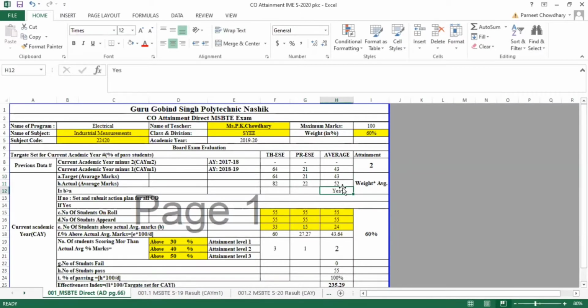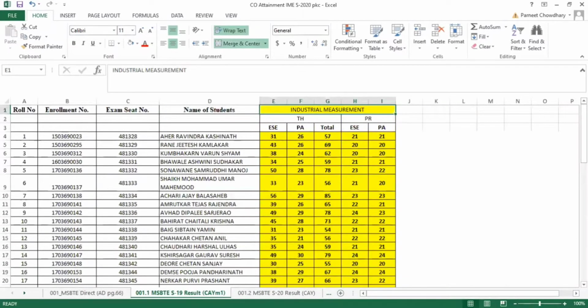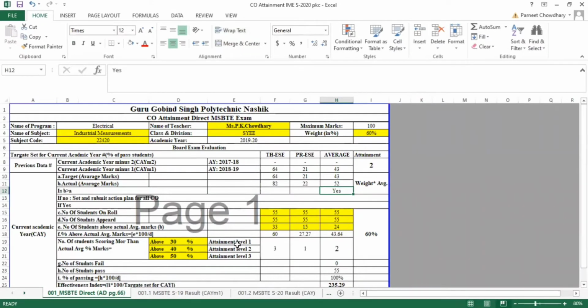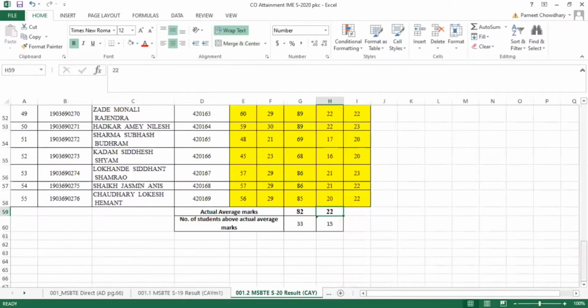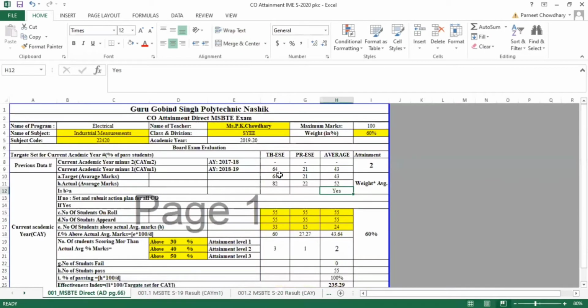So now what you have to do is you have to just enter your respective marks in these two sheets, in the backups. You don't have to edit anything on this sheet 001. You have to edit only the backups. So you will paste the marks of your respective subject in these two sheets, and the formula will get applied and the values will get dragged over here.